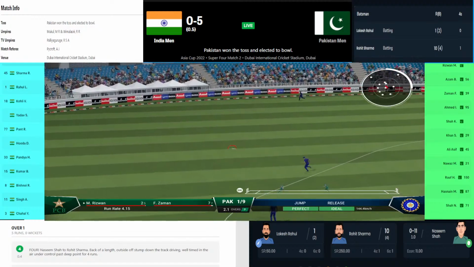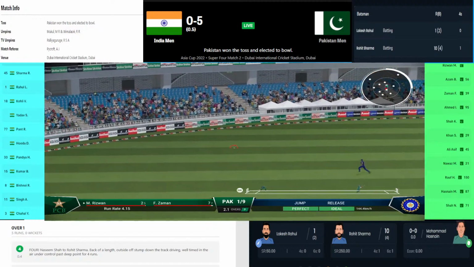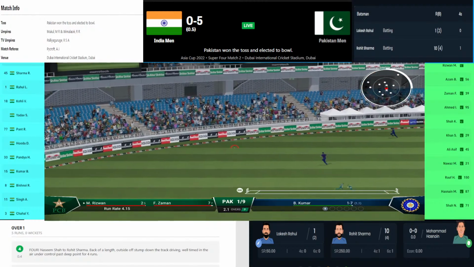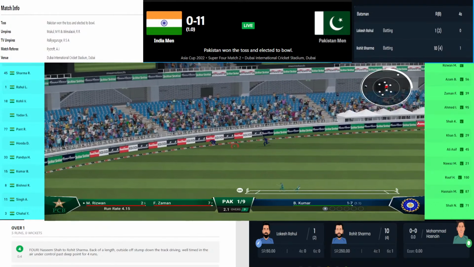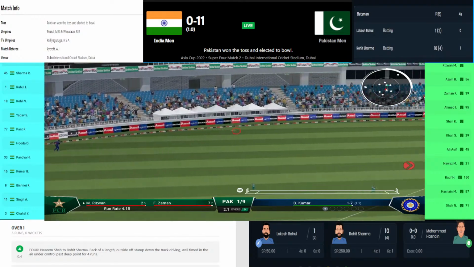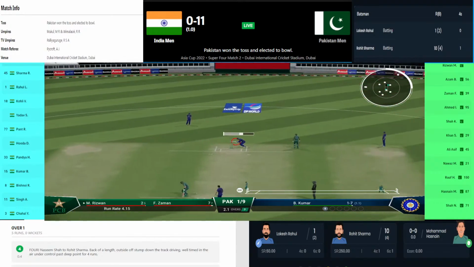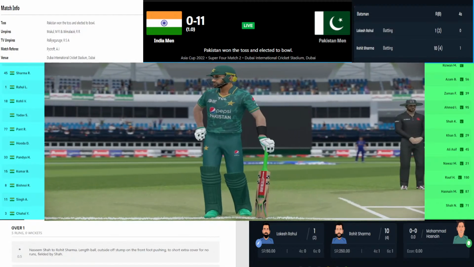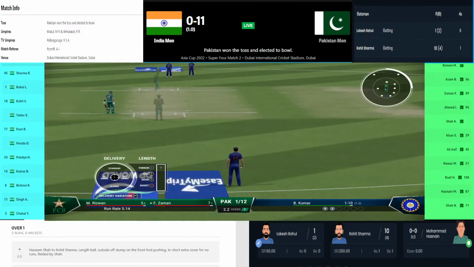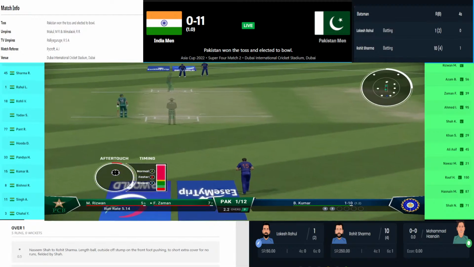So at the end of the first over, Indians are 11 without loss. That is a decent start given by both the batsmen so far. After the first over, Indians are looking to smash everything that's coming their way. That's a wonderful piece of batting. Rohit Sharma is on 10 off just 4 deliveries, and KL Rahul is on 1 off 2 deliveries.